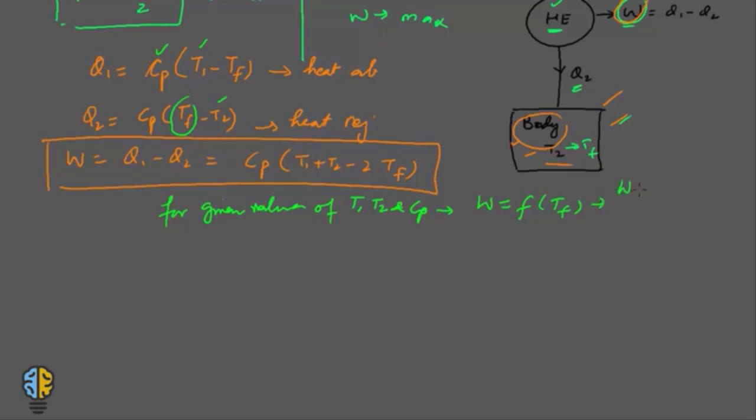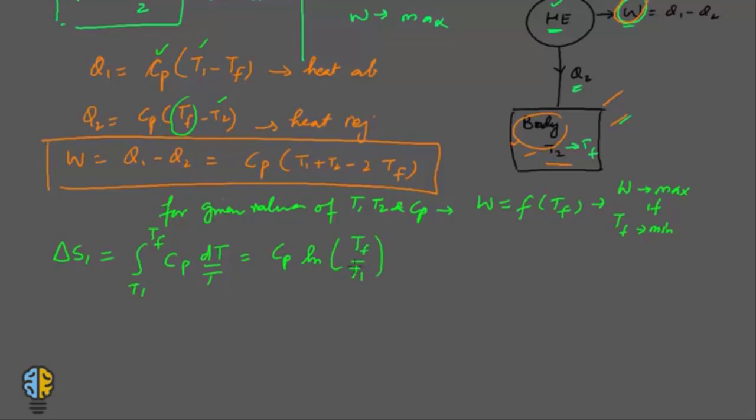So work is maximum if the final temperature obtained is minimum. Right, now for body 1, let's find out the entropy change. So for body 1, the entropy change would be delta S1, and the temperature changes from T1 to Tf, and this would be Cp dT upon T. We remember the previous calculation in the last video, and this would be equal to Cp into log Tf upon